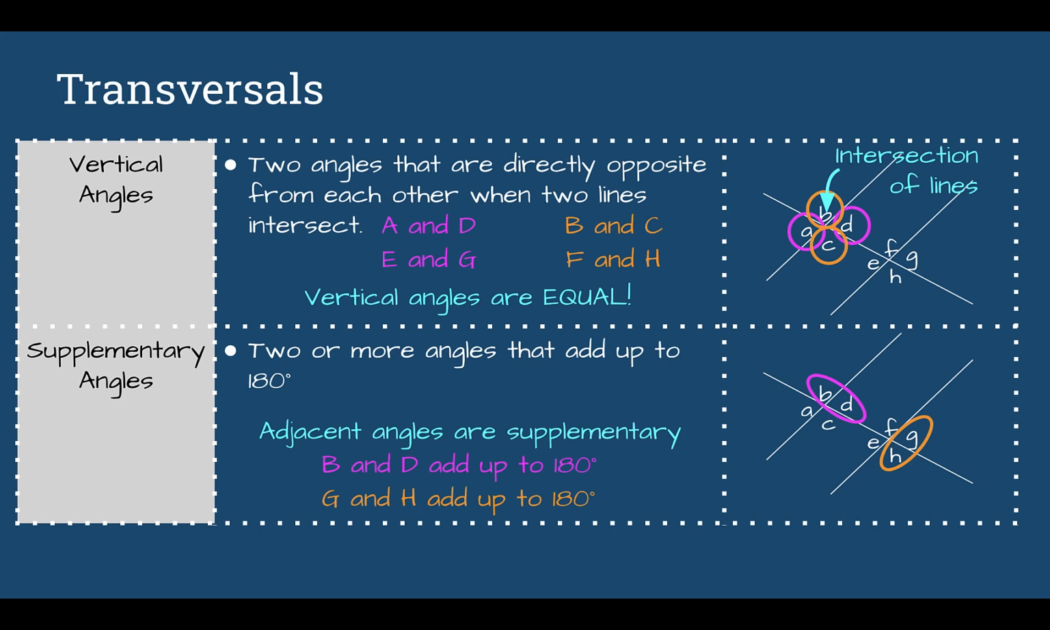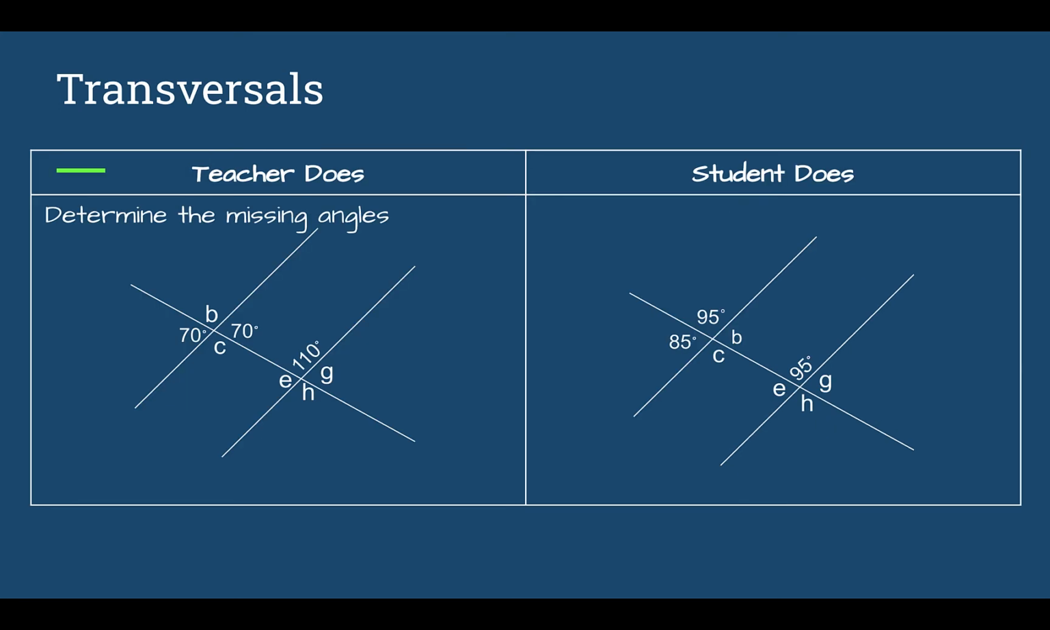Or A and C, or E and F, and so on. All those adjacent angles are going to be supplementary, which means they add to 180 degrees. Let's use some of the angles that we know and some of those properties of angles to fill in for